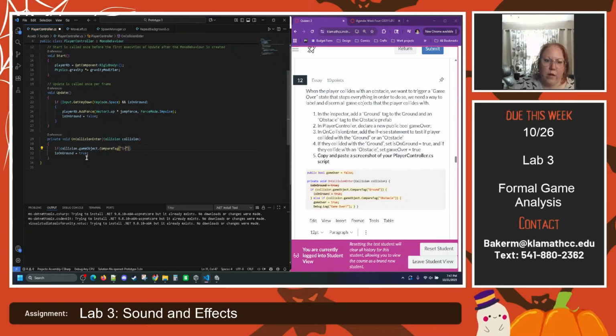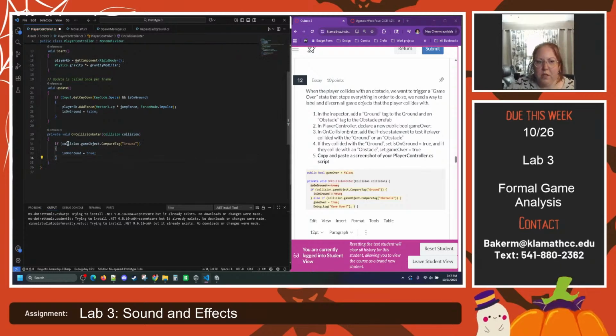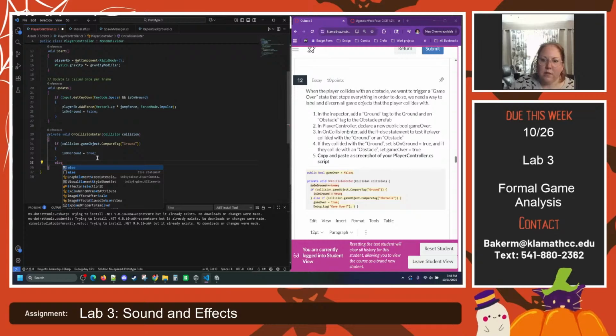Is ground. Okay, so if the collision game object has a tag of ground, we want curly braces, delete the other one, and add it right after: is on ground equals true. Else,